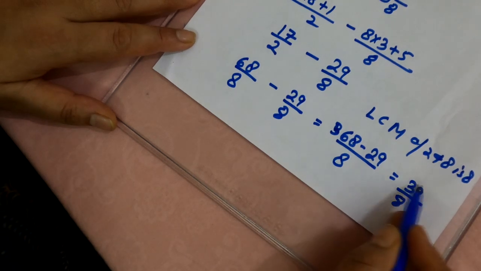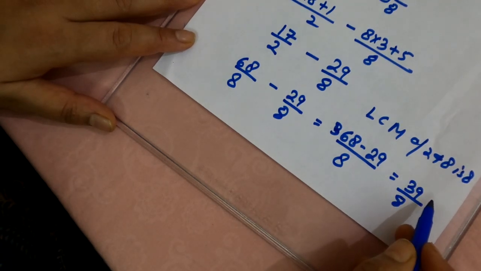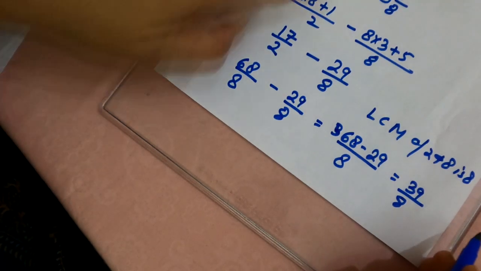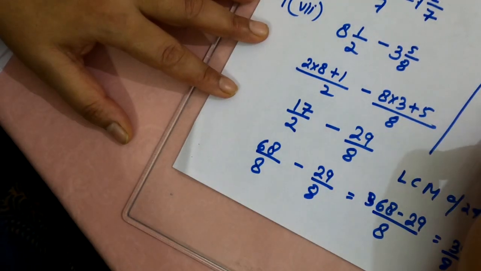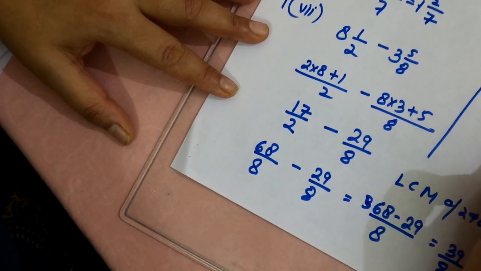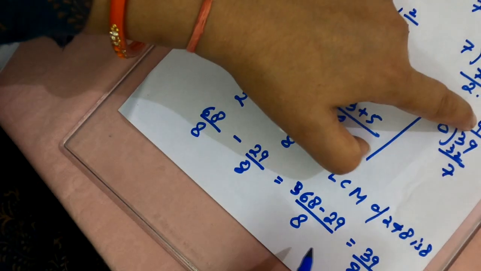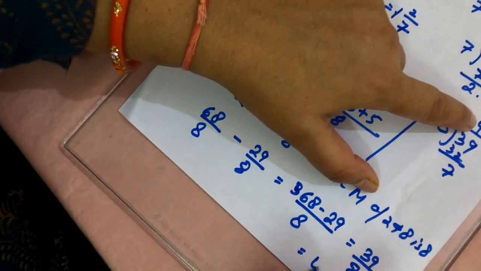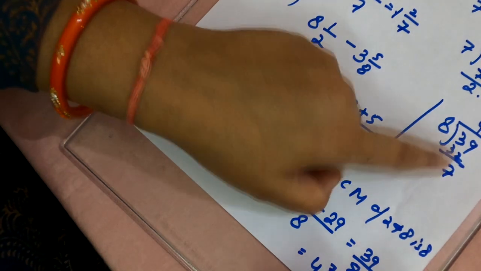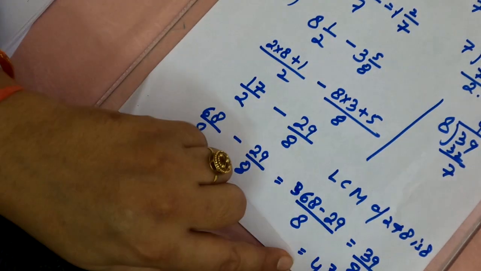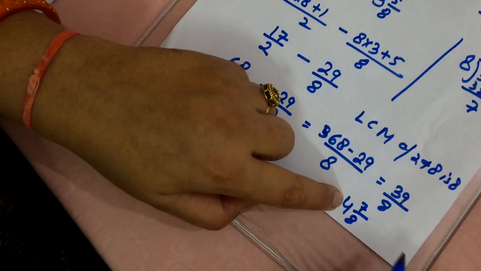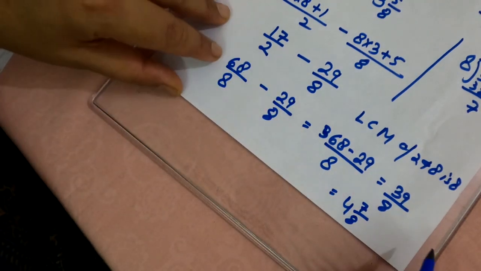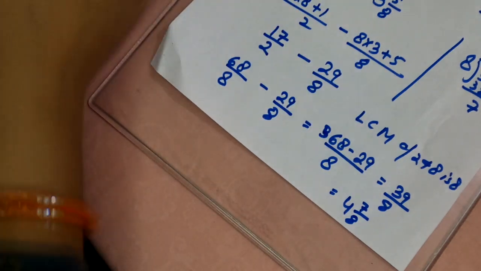Now this is again an improper one. So improper fractions should be converted into mixed. The question was given in mixed form, so we have to write the answer in mixed form. So let us divide it. 39 divided by 8. 8 fours are 32, remainder 7. So we have got a quotient of 4. So we will write 4 whole, the remainder should be on the top and the denominator will remain as such. So 4 whole 7 upon 8 should be the answer. See here, 4 whole 7 upon 8 should be the answer. I hope you have understood. Now let us see one more question of your book.